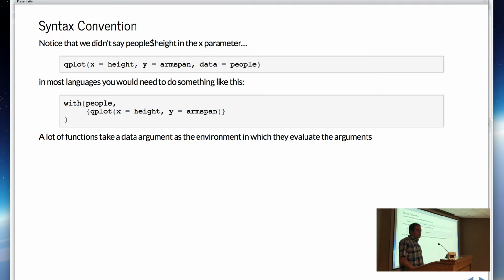One thing to point out here syntactically, notice that we didn't have to say people$height when passing it into the plotting call. We say data equals people, the data frame, and then it's using that data frame to resolve all the arguments.